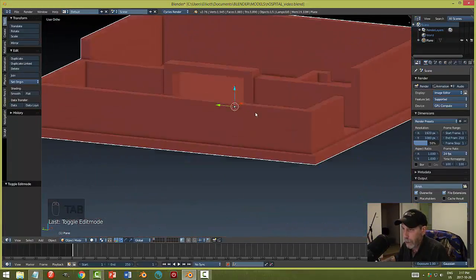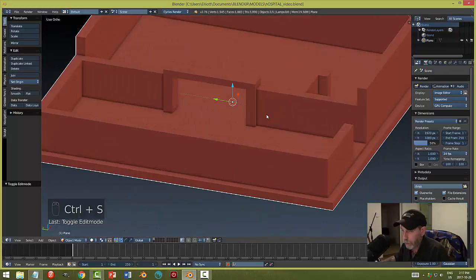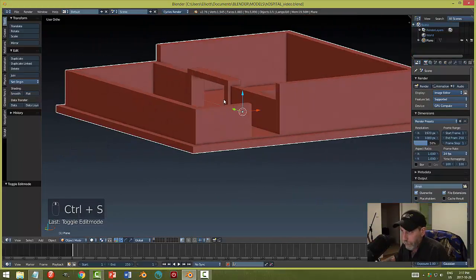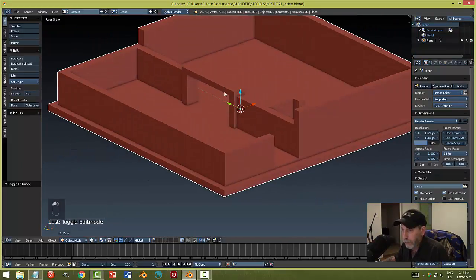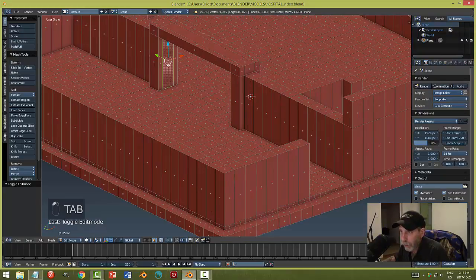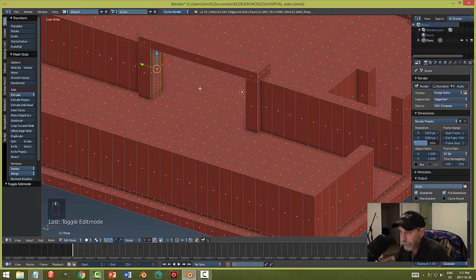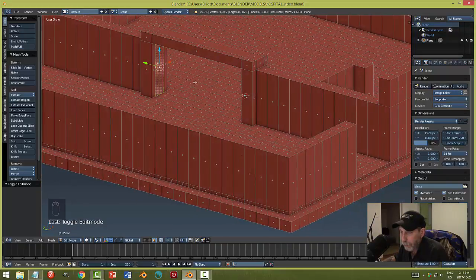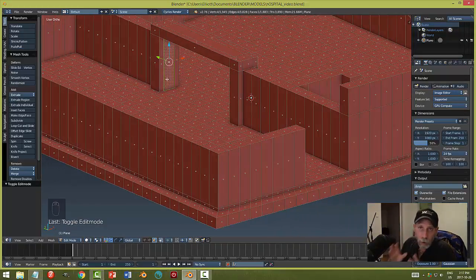I think I do actually like that better, so that's why I wanted to do that. Okay, now what I'll do is I'm going to create a door, because that piece is already there. I'm going to build a door out of that piece. So I'm going to select that,